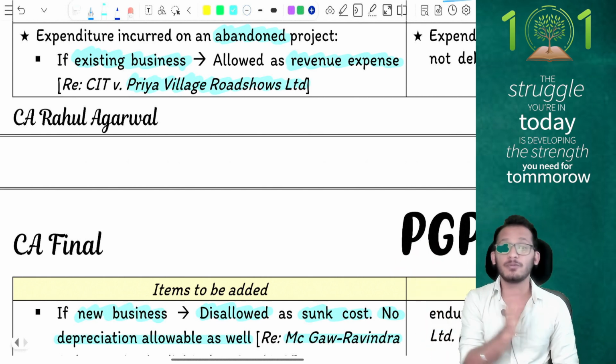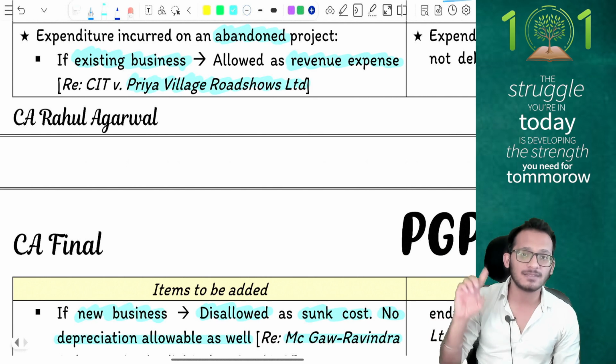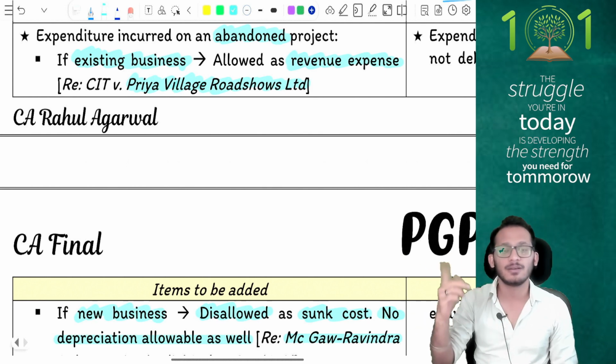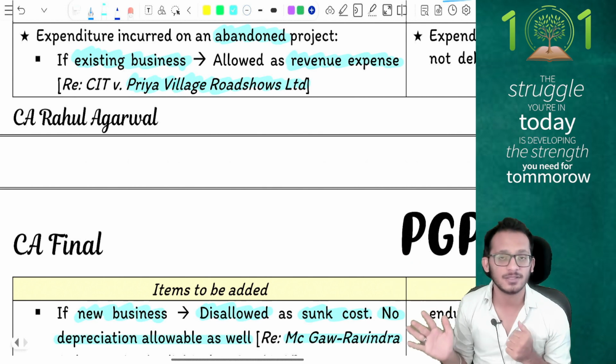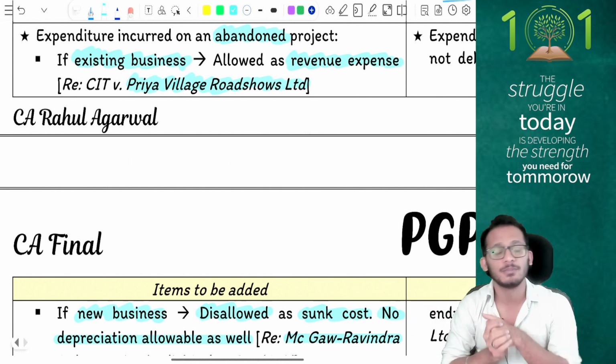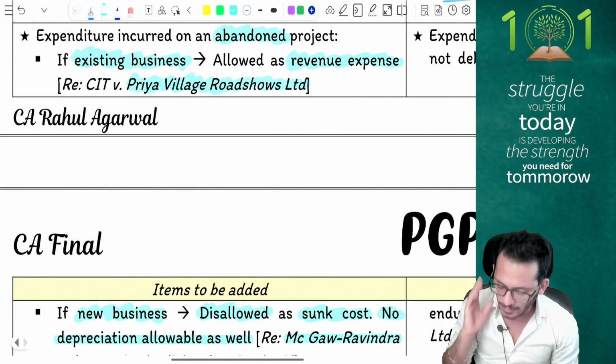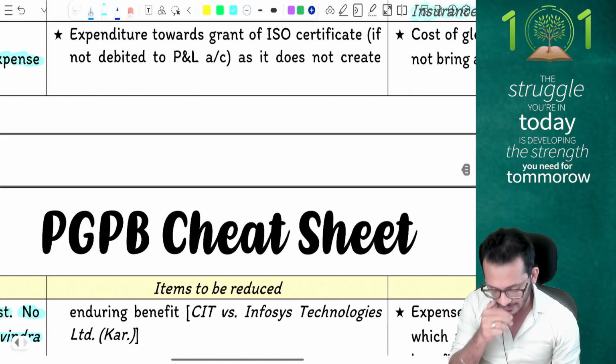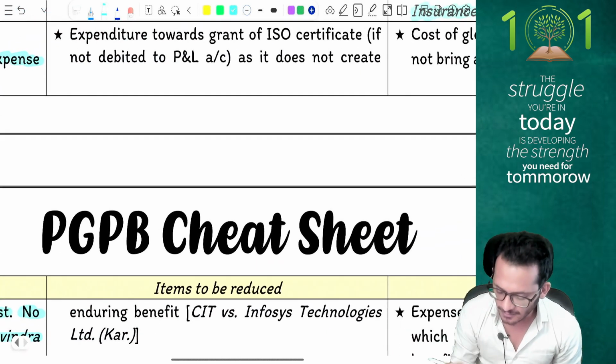I have a P&L for a different business. So that business expense cannot be claimed in this P&L and therefore gets disallowed as a capital expenditure. I will also not be claiming depreciation because there is no asset in existence. Clear? Great. Items which can be claimed as a deduction, people, is any kind of expenditure which is incurred for